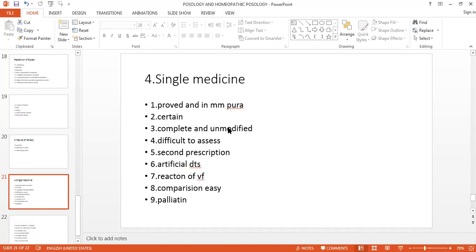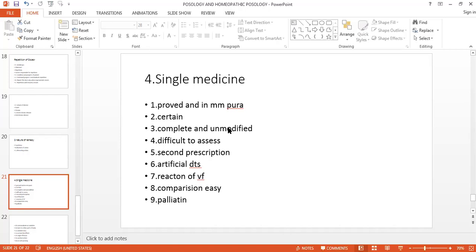Hahnemann was always against the mixing of two or more medicines at a time, as only the most similar or the minimum medicine is needed in homeopathy. Hahnemann has mentioned this clearly in certain aphorisms in the Organon of Medicine. Always we have to take the reference of Organon because we do not have any fixed book. Our homeopathic pharmacies depend upon the Organon of Medicine. So he mentioned it clearly in aphorisms 272, 273, 274. We have to use the single medicine.